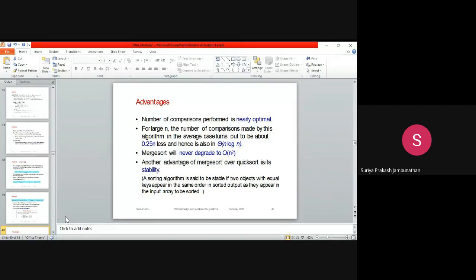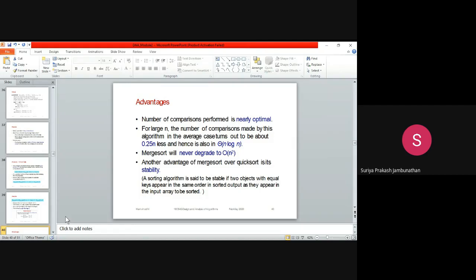The comparison will go on for a long time, and the execution time also goes long. When you go for divide and conquer merge sort, our comparisons will be very optimal. With very optimal comparisons, we are identifying the solution in merge sort. And for large n, as I told, if the size of the array is 50, 100, or 500.